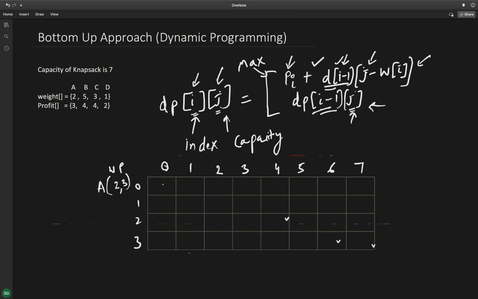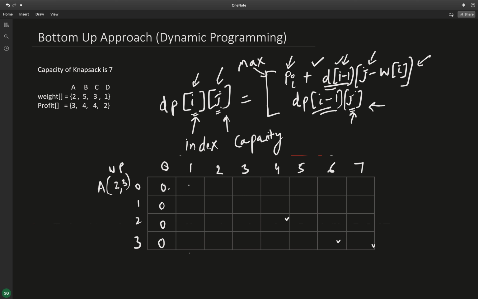If we have a bag of capacity 0, the profit earned is 0, so for the first column everything will be 0. This first column can be filled in the starting itself, before even considering item A.